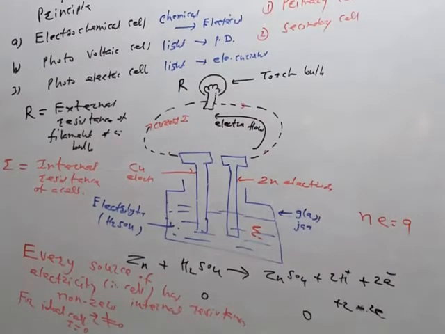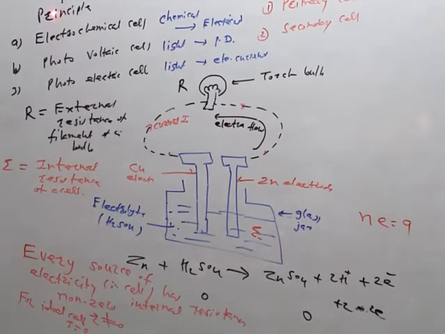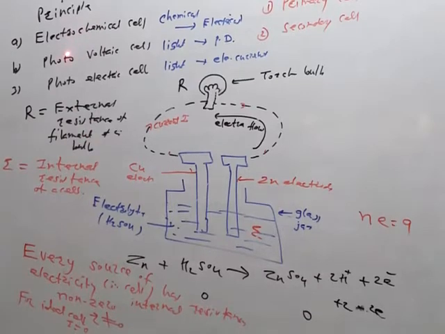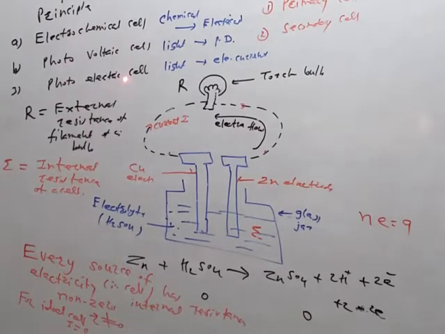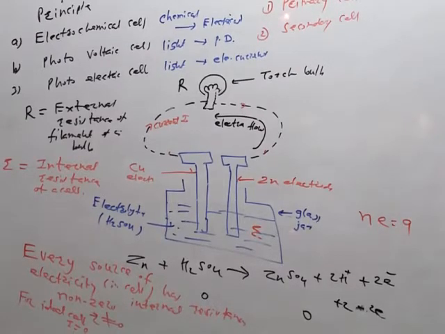When we are to learn the term electromotive source, then we have to first see the classification of the cell. So there are two types of method, one depending upon the principle of working. These are the three types: electrochemical cell, photovoltaic cell, photoelectric cell, and depending upon the reaction, whether reversible or not reversible, these are the two types: primary cell and secondary cell, like this.